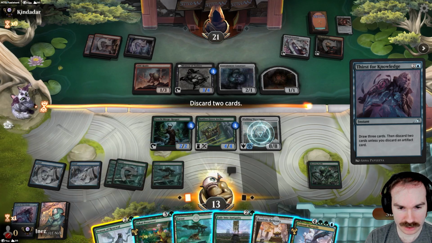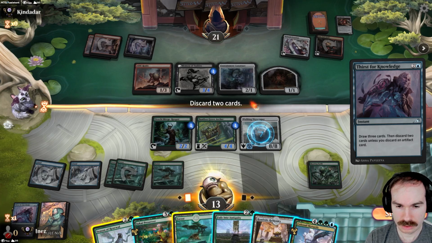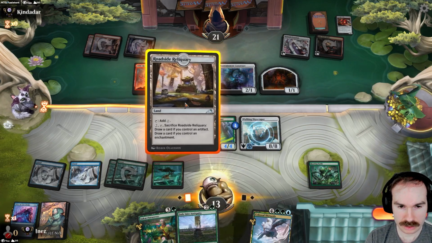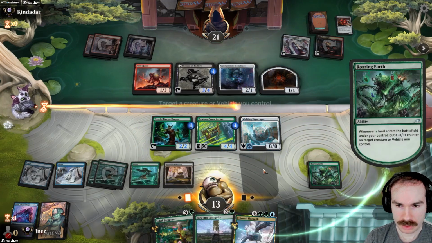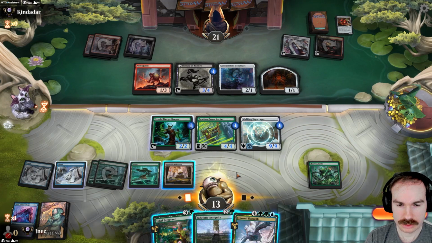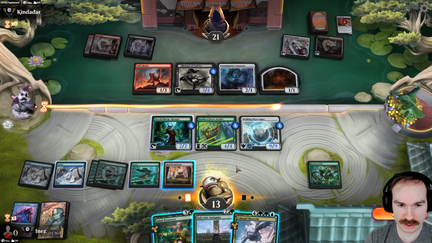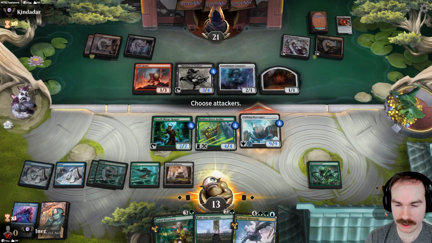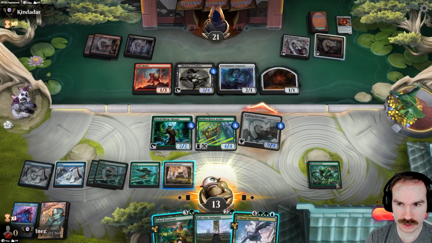We'll dump this and this. And then we'll play the land. Pump here. And I'm thinking about playing the Preserver and actually pumping the Preserver. I think that might be better. Because, like I said, their clock has changed a little bit here, so